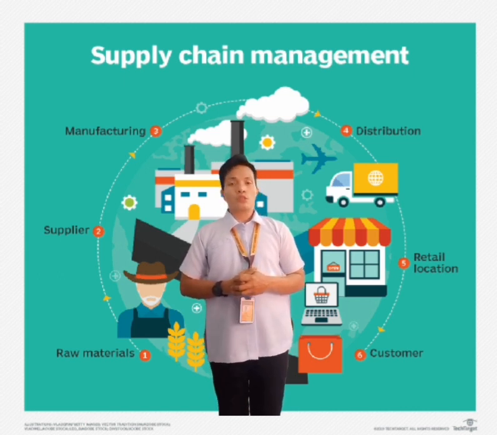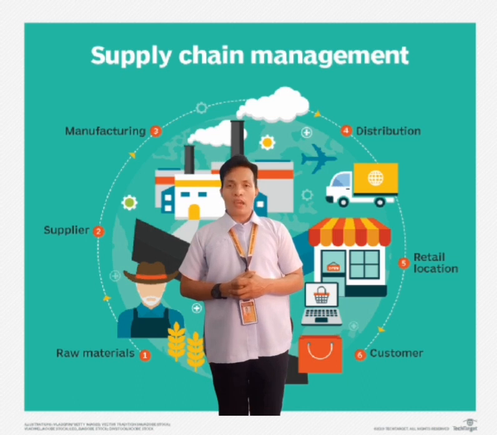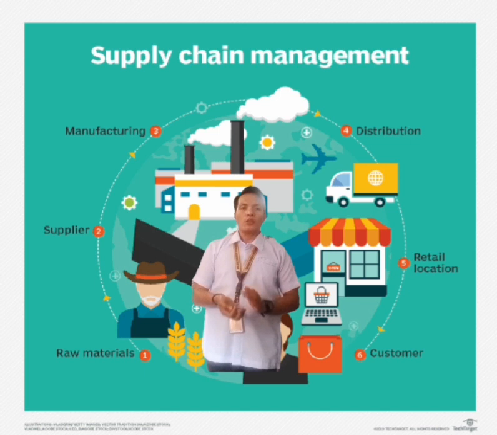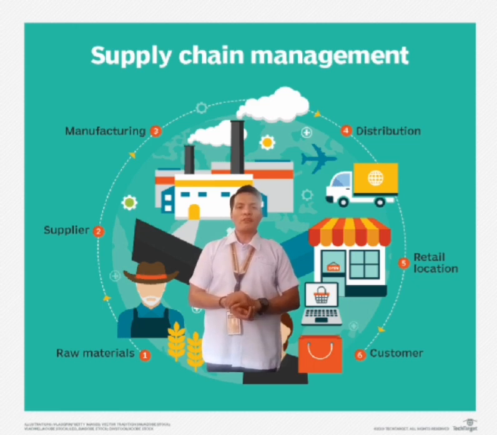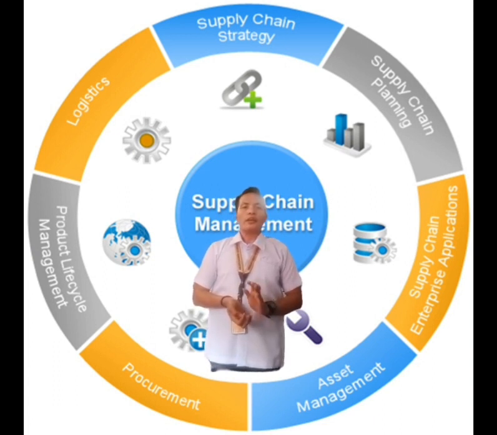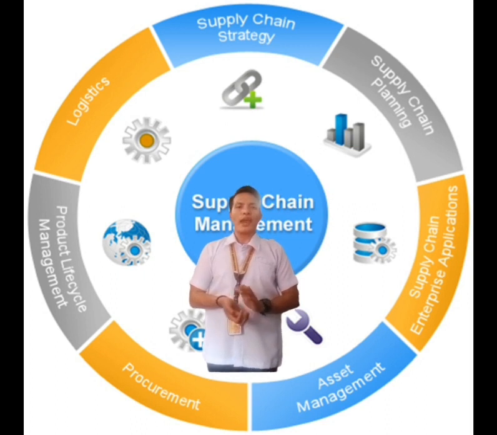Today, I'm going to explain what a supply chain is, why companies develop supply chains, and what supply chain management is. What is a supply chain? A supply chain is the network of all individuals, organizations, resources, activities, and technology involved in the creation and sales of a product. A supply chain encompasses everything from the delivery of raw materials from the supplier to the manufacturer, through to its eventual delivery to the end user.